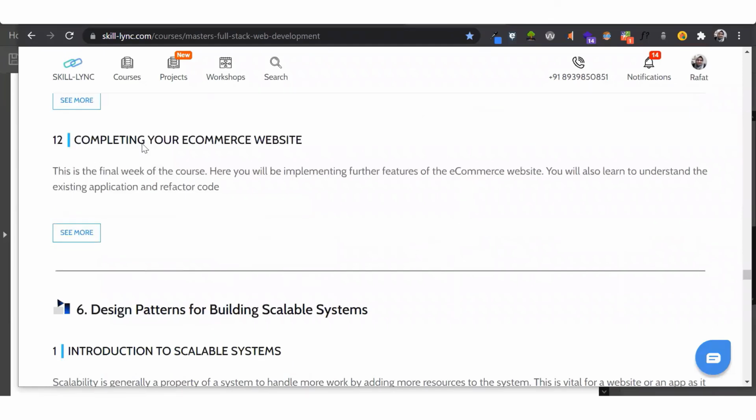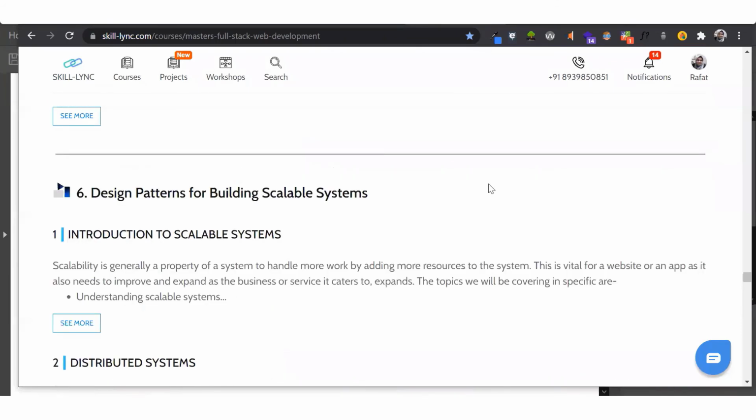This is how you create your entire portfolio in this particular course. If you have done this, you can definitely call yourself a full stack web developer, and then you can start. This is not just an investment of time and money for entry level jobs, but for going ahead 5 to 10 years of your career.